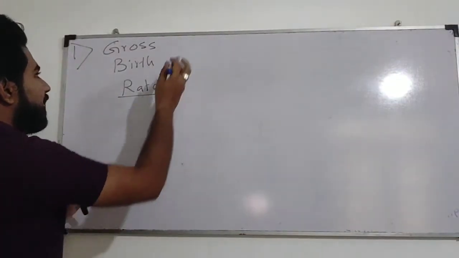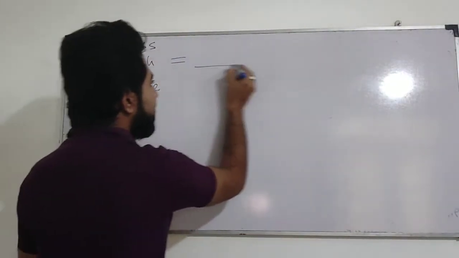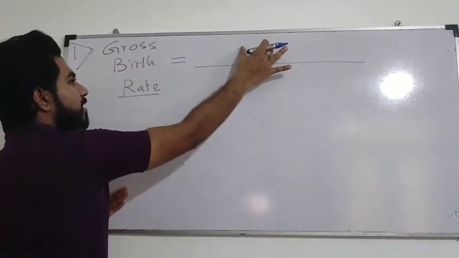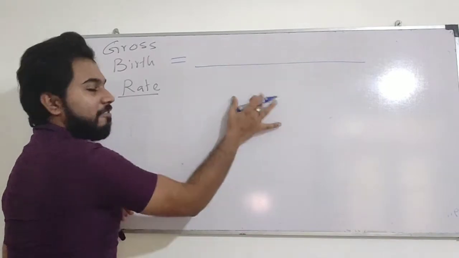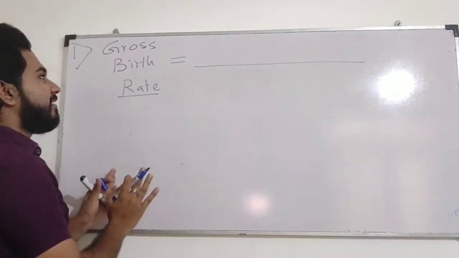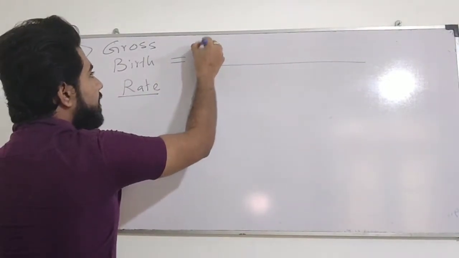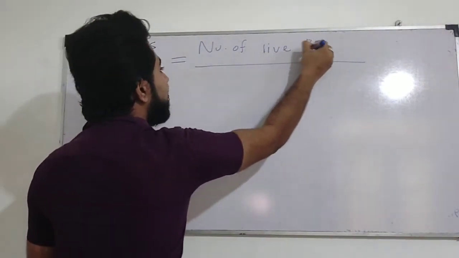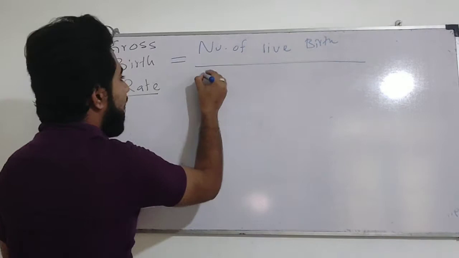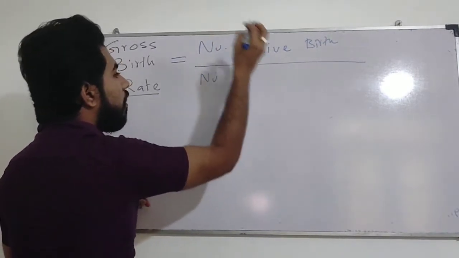The gross birth rate can also be calculated by dividing something by something. It is not the tree and flower. It is something like this: number of live births divided by